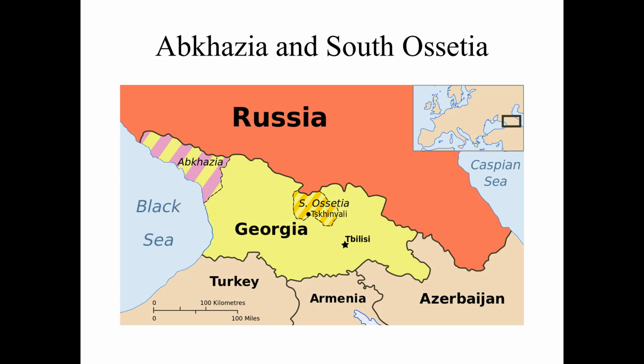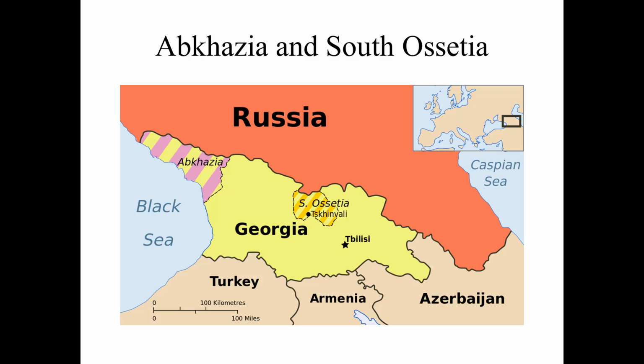And then we have the two little breakaway parastates of Abkhazia and South Ossetia, which are recognized by Russia. Russia supports them. Their independence is opposed by the United States, which is a great way to pause here and think to yourself, now, wait a minute. Parastates can gain the support of one great power that will make the argument in favor of their independence and their self-determination and their right to have their own country because of some horrible experience that they had in the host state. But that very same country will then turn around and oppose the independence of another parastate, right?